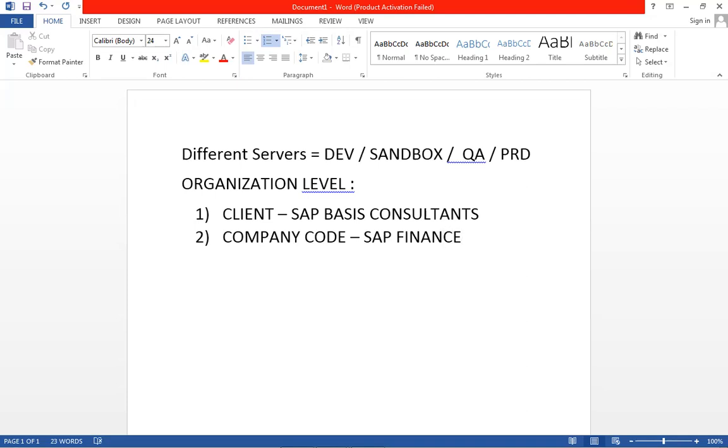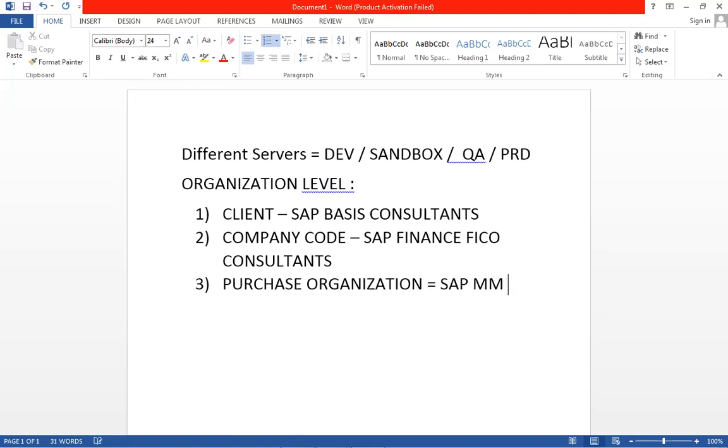And what is the full form of FICO? FI stands for financial accounting and CO stands for controlling. So FICO, finance and controlling area people. Number three, purchase organization. It will be an SAP MM consultant. Plants.